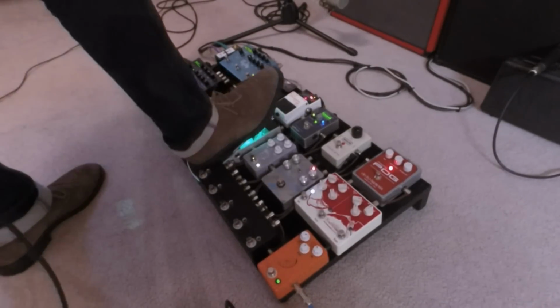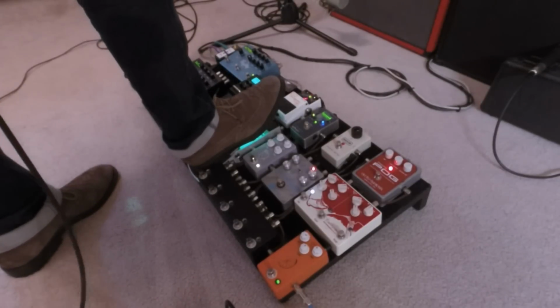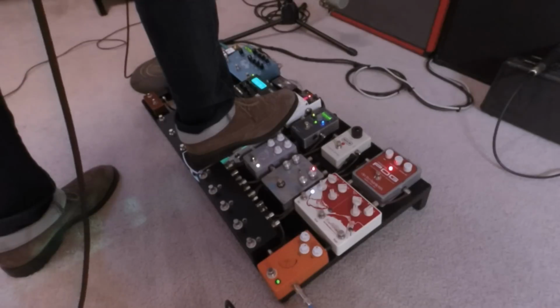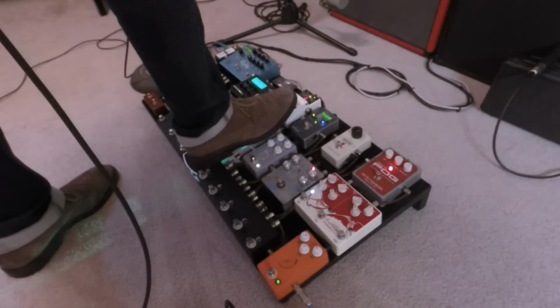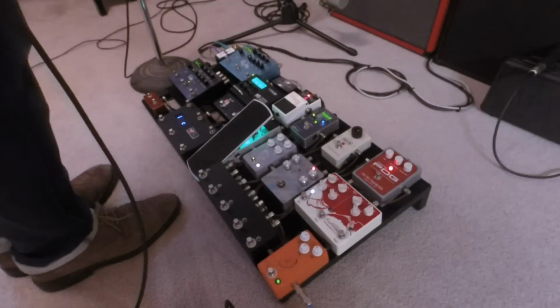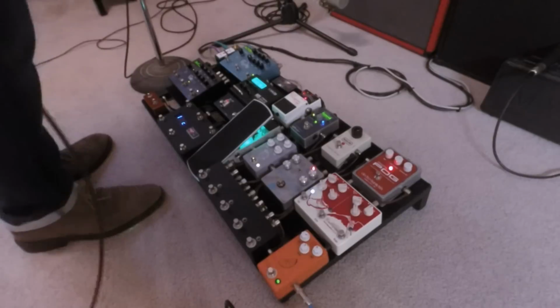Here's just my swell setting, and I can give you guys an idea of the stereo modulation. So that's pretty awesome. The way it's tricky, and I'm not going to go through the whole explanation process, but